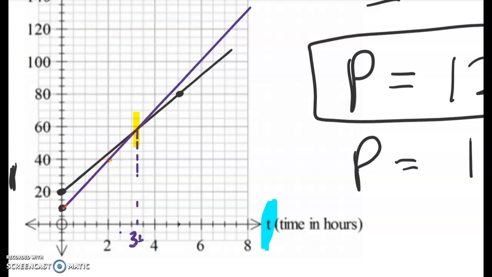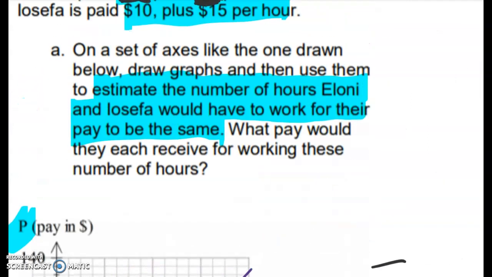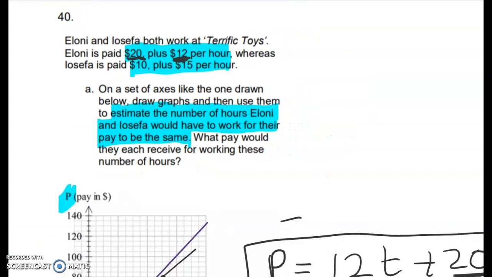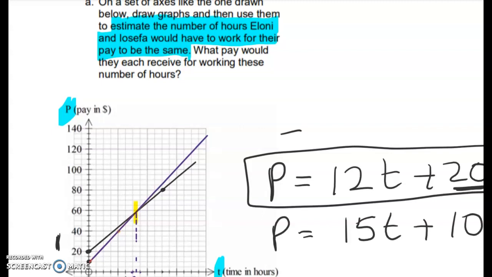Right, here's 3 hours here, here's 3.5 hours here, maybe 3 1/4. Okay, so that's said to estimate it. And then what pay would they each receive for working these number of hours? Well, they would receive just under $60. So there's 40, 50, 55. I would say,